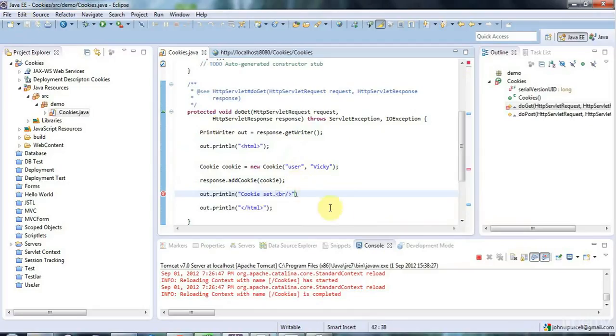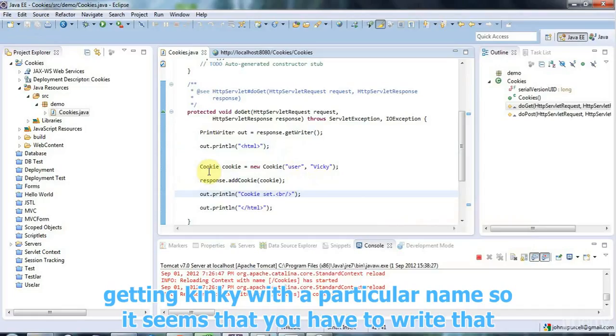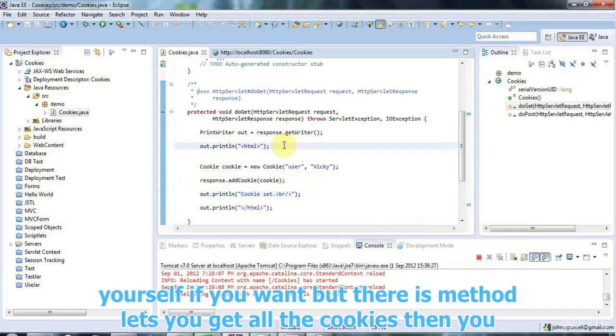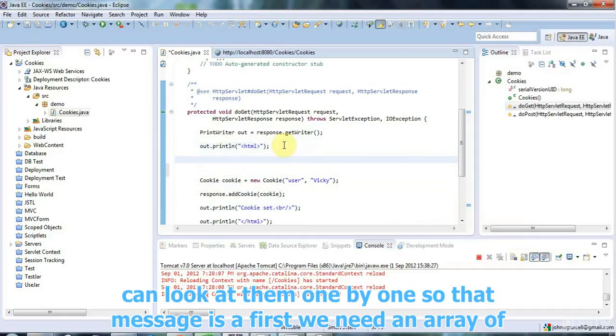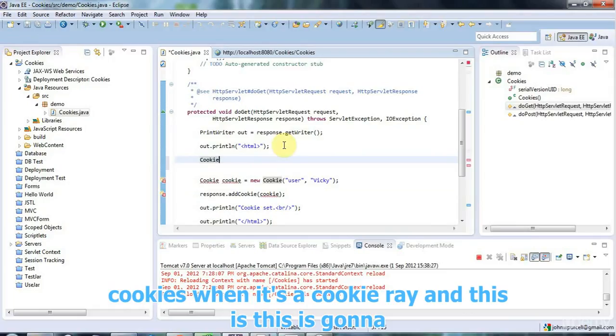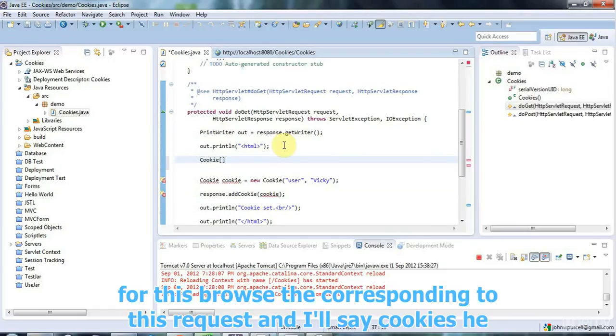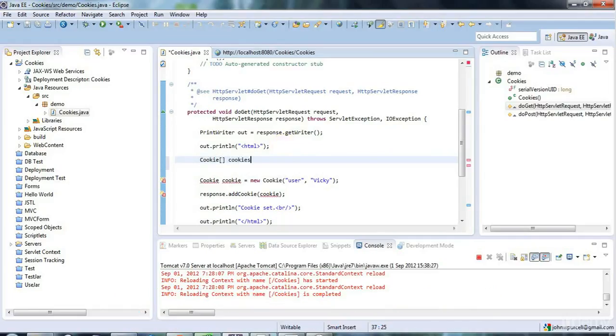Now let's have a look at how you get the available cookies. And there isn't a method for getting a cookie with a particular name. So it seems that you have to write that yourself if you want it. But there is a method that lets you get all the cookies, and then you can look at them one by one. And that method is, well, first we need an array of cookies. So I need to say Cookie array, and this is going to be all the cookies that are set by this site for this browser corresponding to this request. And I'll say cookies equals